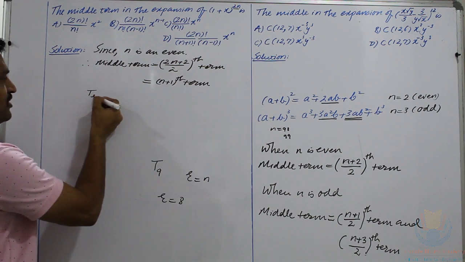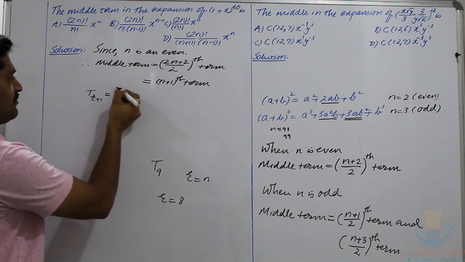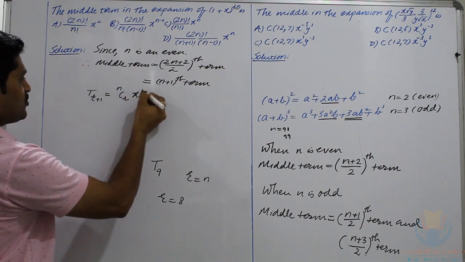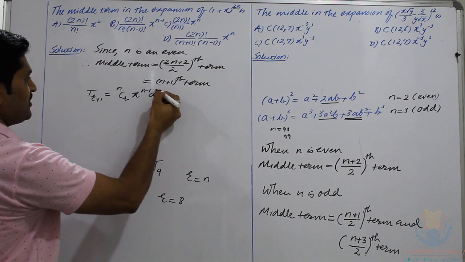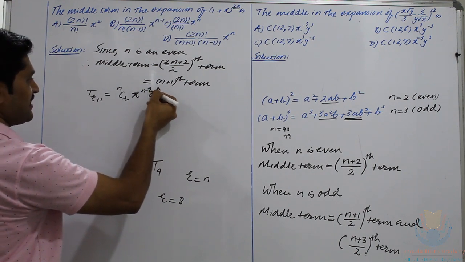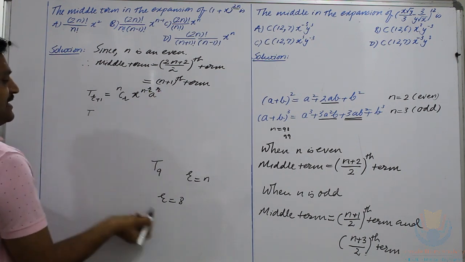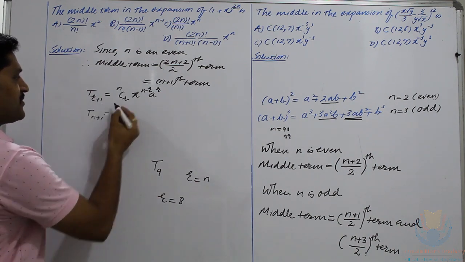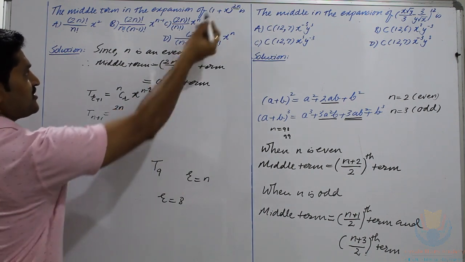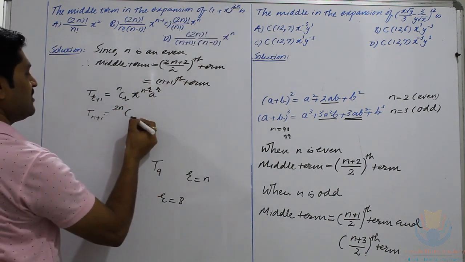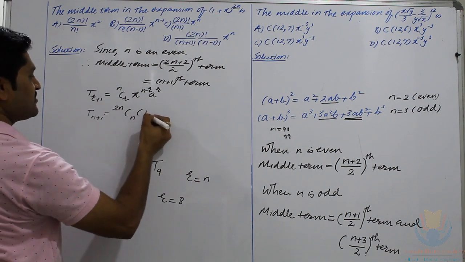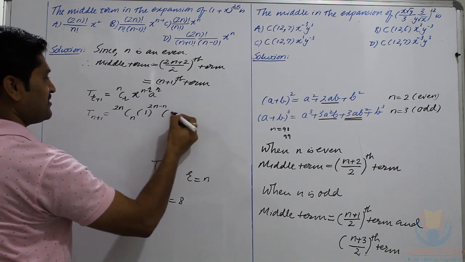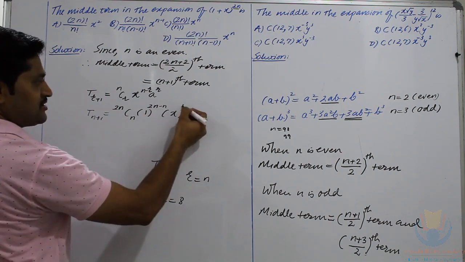So this is the formula that we are going to use, which is repeated many times. So this is equal to nCr into x raised to n minus r into a raised to r. Sorry, this is n minus r. So the value of r, as I said, is going to be n plus 1, and the value of n in this expansion is given to be 2n. This is 2n C n, and this x is 1, and that 1 raised to 2n minus n, and this a is here x, and that x raised to n as it is.